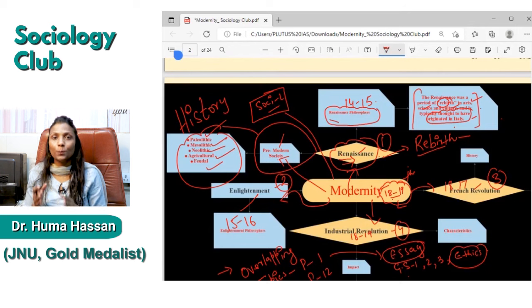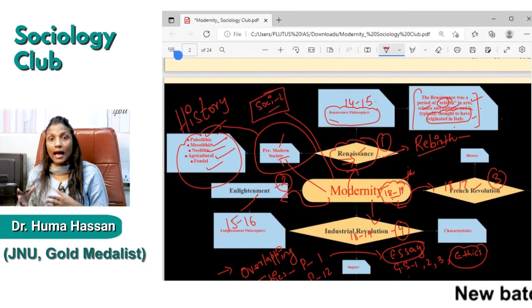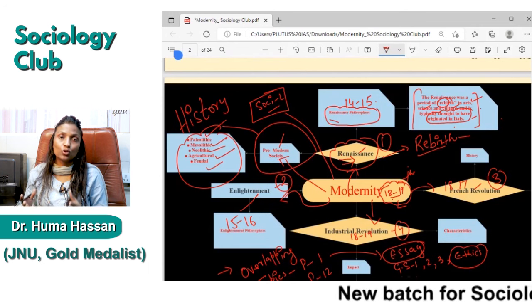So Renaissance means rebirth. Rebirth from what? It means that in the 14th and 15th century, the kind of society we were living in was not creating a social order. It was full of injustice, and it was creating conflict and anarchy in society. As always, the intelligentsia in any epoch or period thinks for the larger sections of society. That is what was happening in the Renaissance period too.